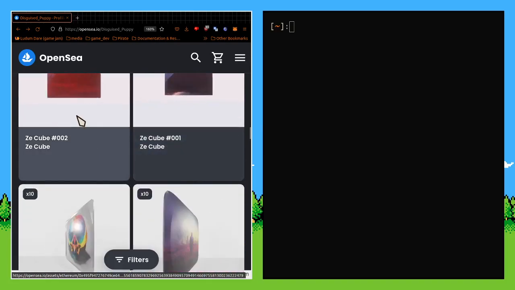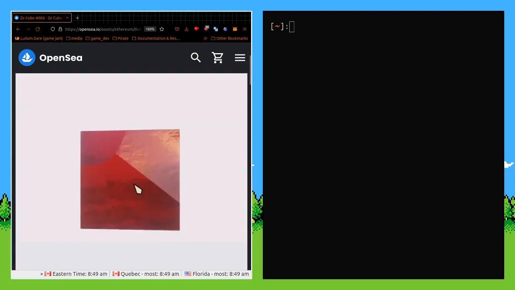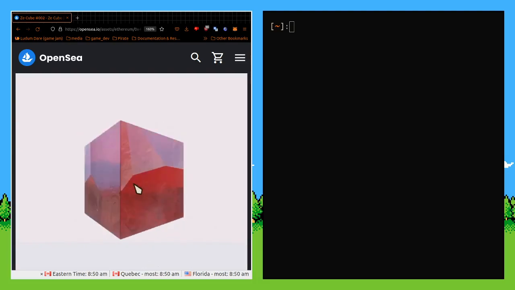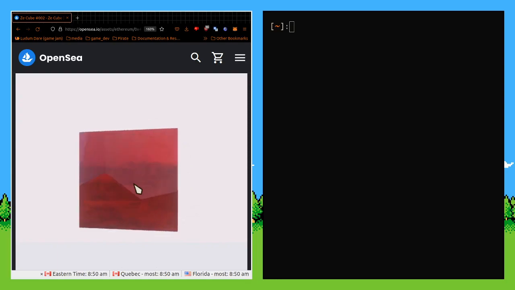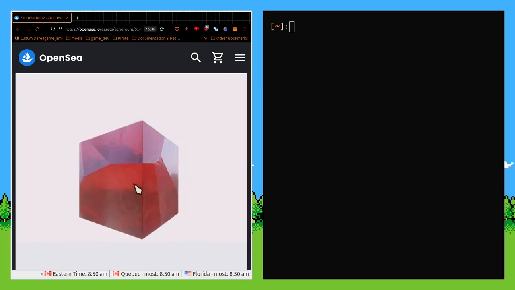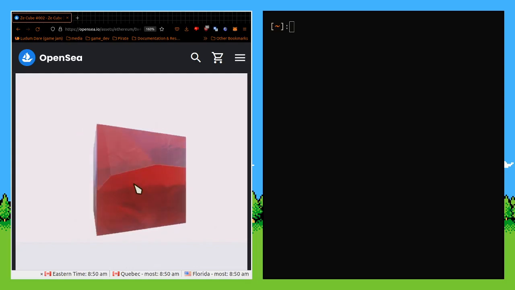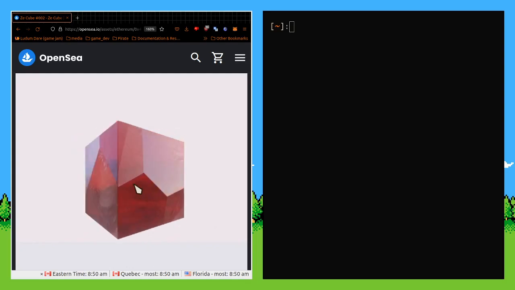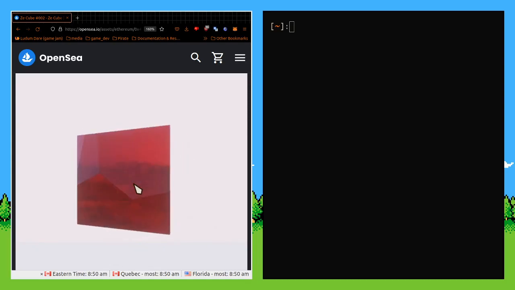And recently I've been doing this collection which is called ZCube, and those images are quite high quality, high render, but if I wanted to increase the contrast on them, because an animation, if you didn't know, is a sequence of images, and it can be hundreds of images. So if I wanted to increase the contrast on each of those images before compiling it into a GIF, it would be quite hard. And just compiling it into a GIF, how do I do that without using a web app?